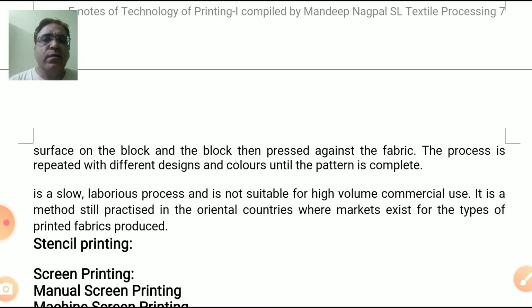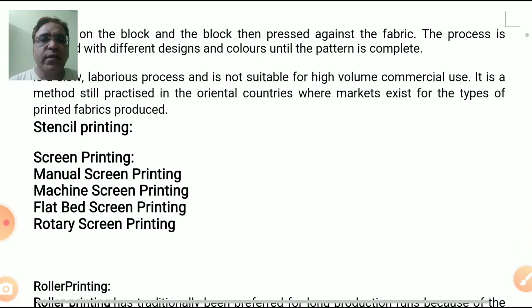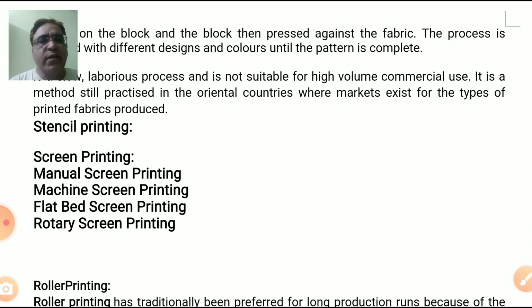Second method is stencil printing. As we see on our screens, the second method is stencil printing. It is basically a craft method and it originated in Japan. So how is it made? The stencil method is basically a paper cutting method in which we draw the design on the paper and cut it. Then we apply color in those cut areas by placing that stencil. That cut portion of the paper is called a stencil.